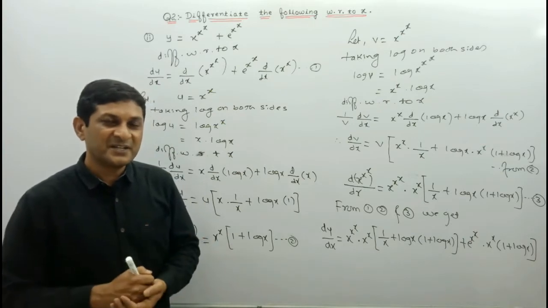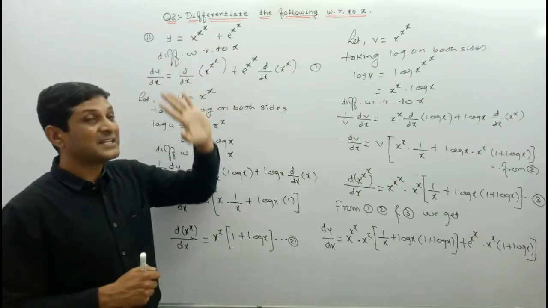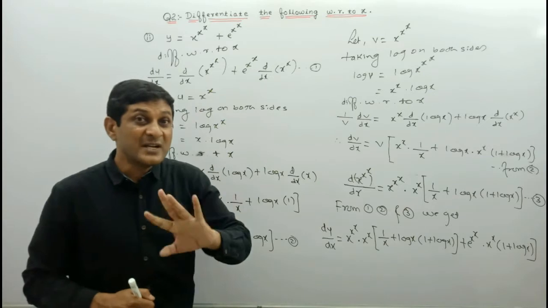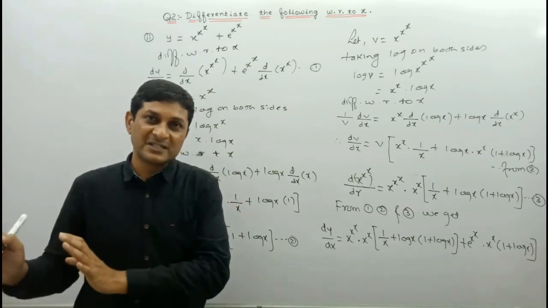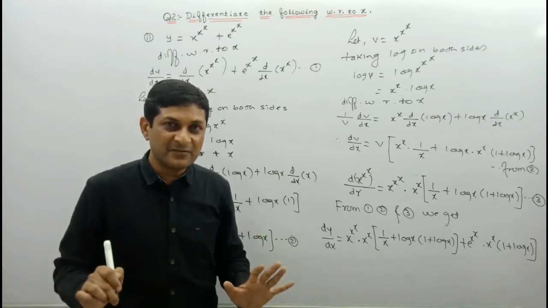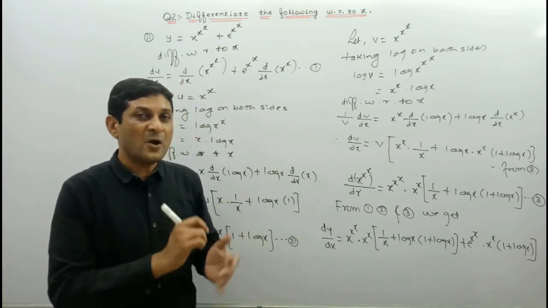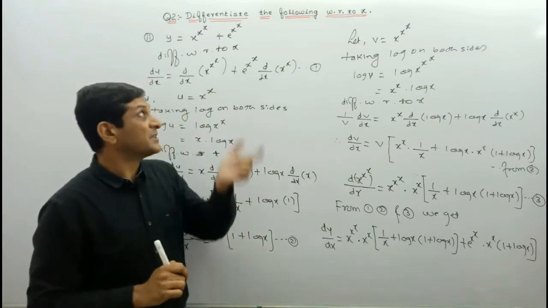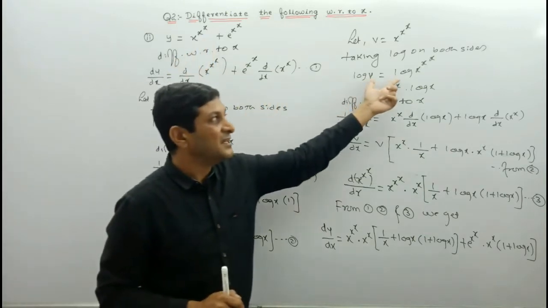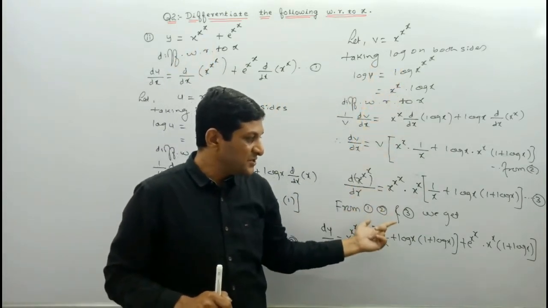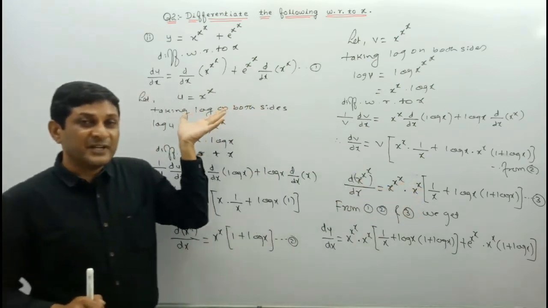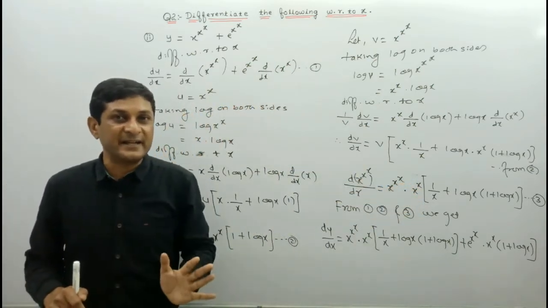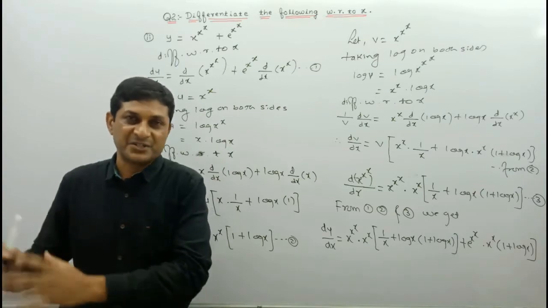So hope you have got it. In case two terms are connected by plus, and at least one term is in the form of f of x raised to power g of x, we have to find its differentiation applying the logarithmic differentiation method. To apply it, first we consider this function and apply logarithmic differentiation to find its derivative, and then substitute this value in dy by dx to obtain our required differentiation.